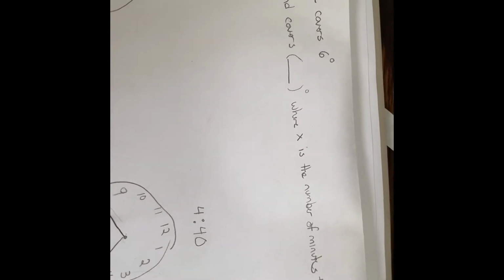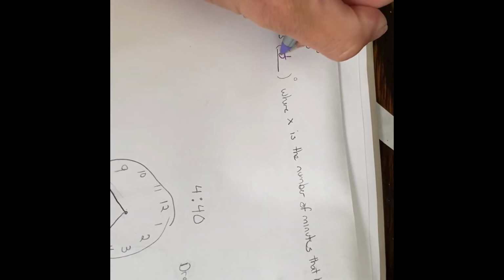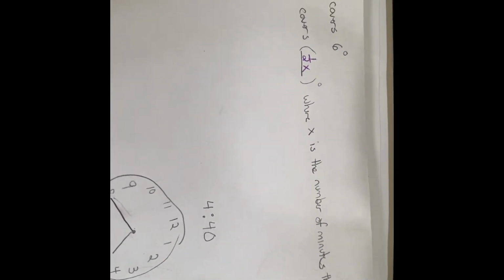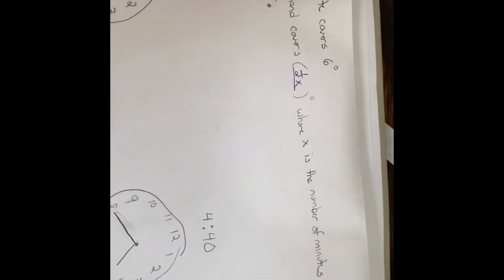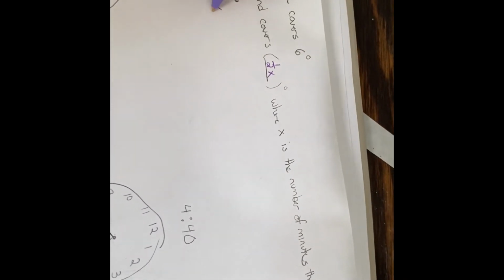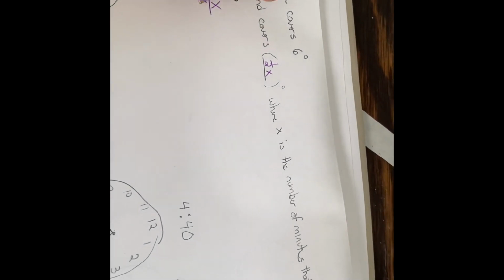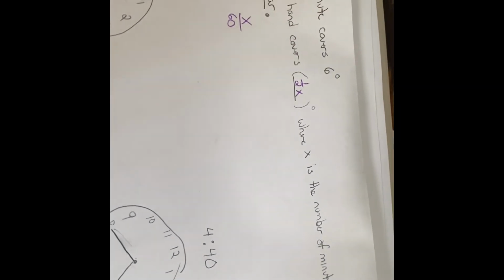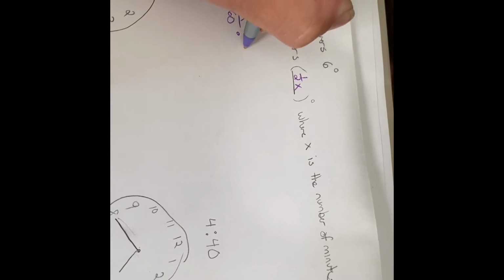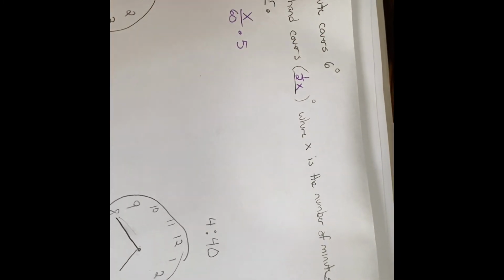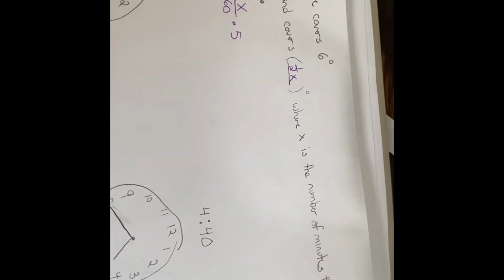So we know that each minute covers 6 degrees. And the hour hand, this is kind of what we were missing yesterday, covers 1/2 x, where x is the number of minutes that have passed in the hour so far. So where that comes from is that your x is the number of minutes that have passed so far out of the 60 that are available in the hour. We'd multiply that by 5